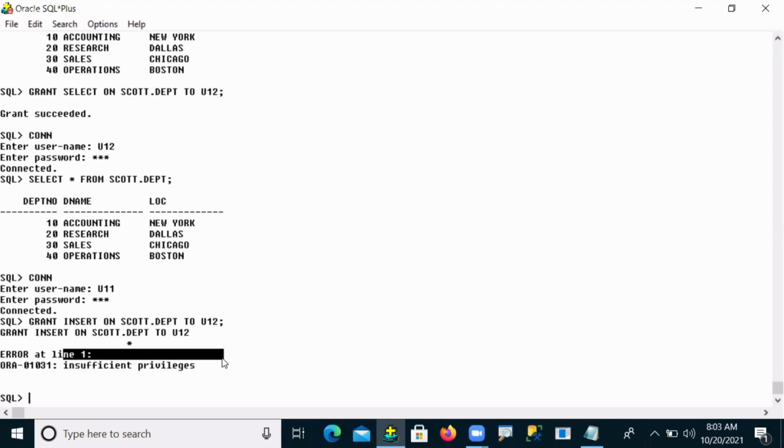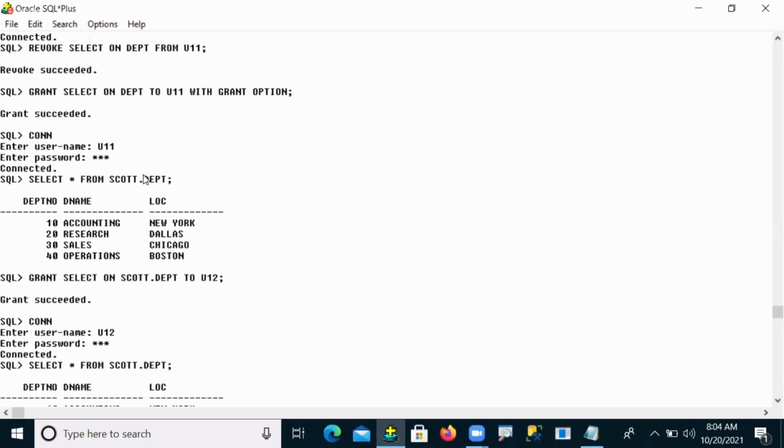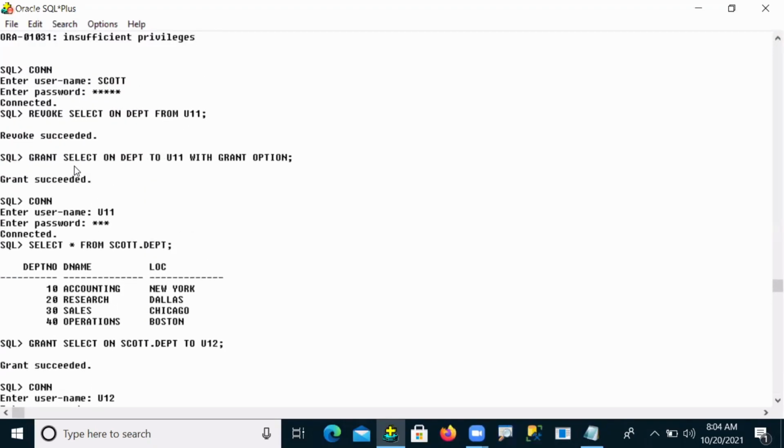Here, why can't he give the insert permission? First of all, tell me which permission user 11 has. Which permission was taken from the administrator, from the database admin? Which permission?